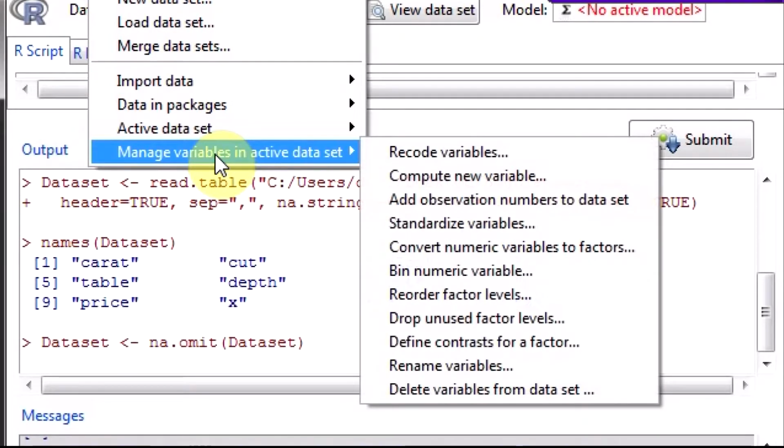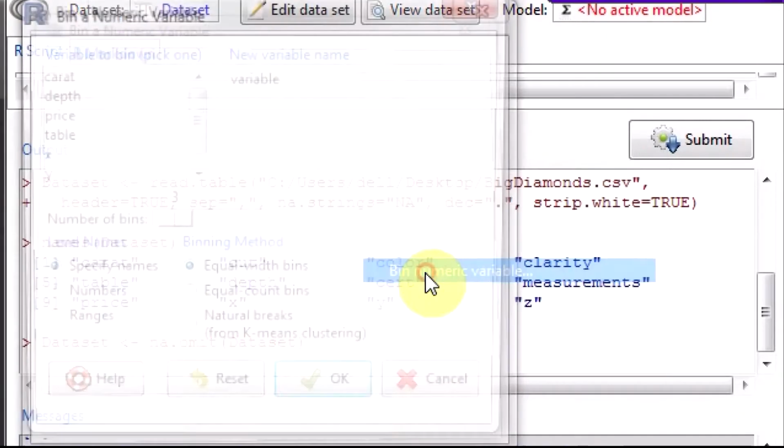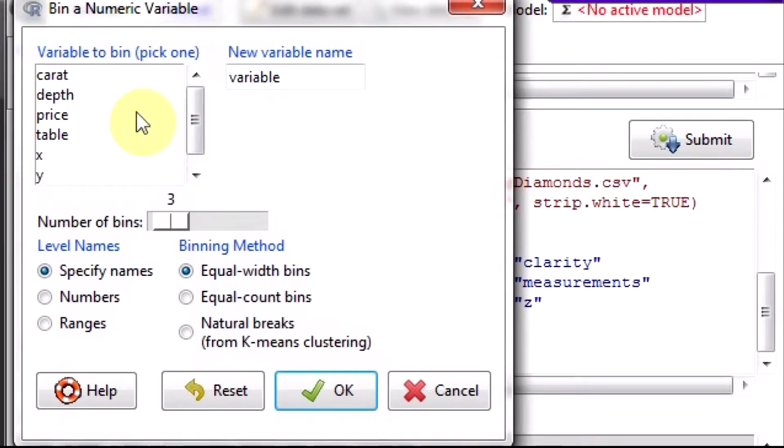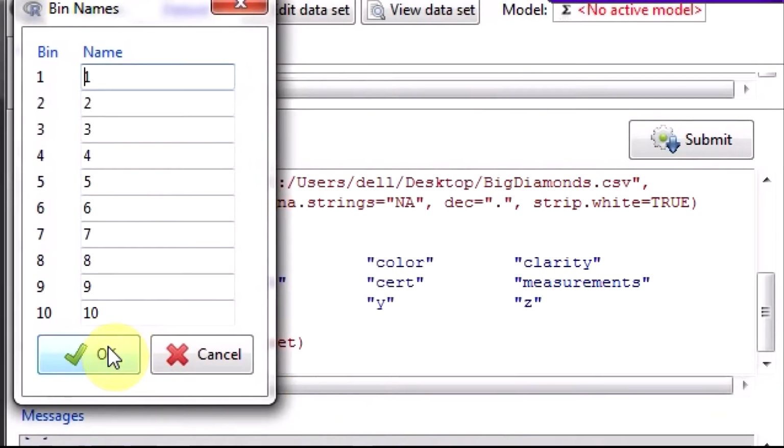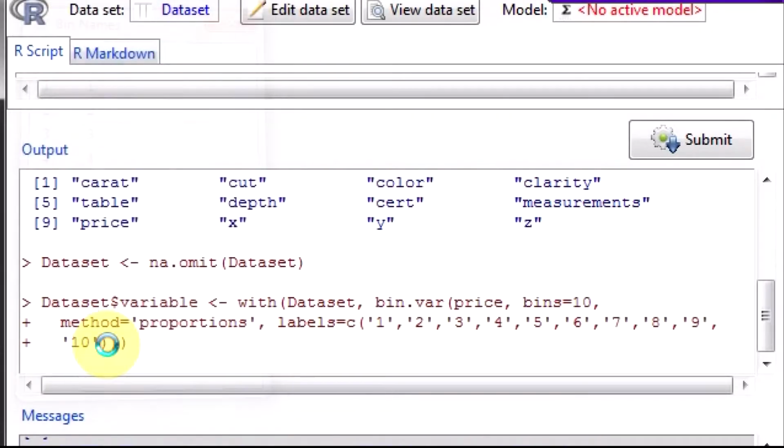Then you can bin numeric variables if you want. Let's take a numeric variable like price and call it new variable, number of bins being 10, equal count, bin names 1 2 3 4 5 6. So now a new variable has been created.